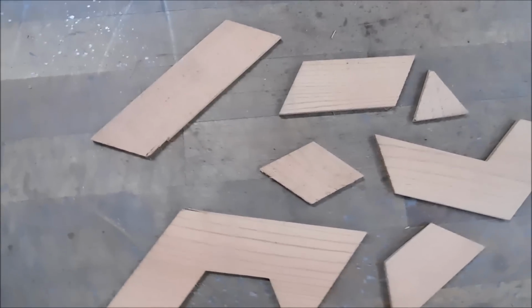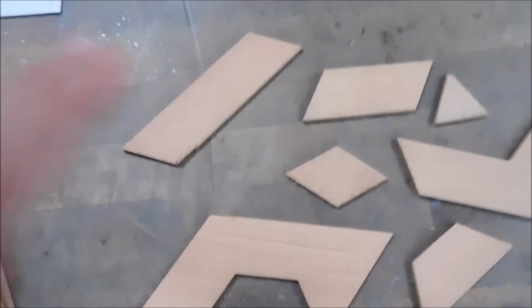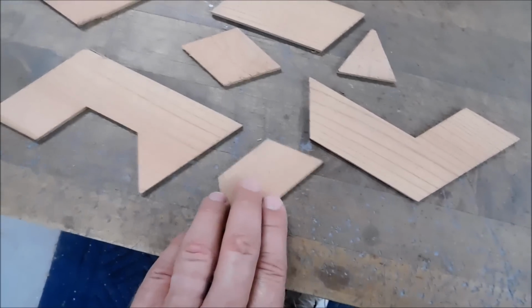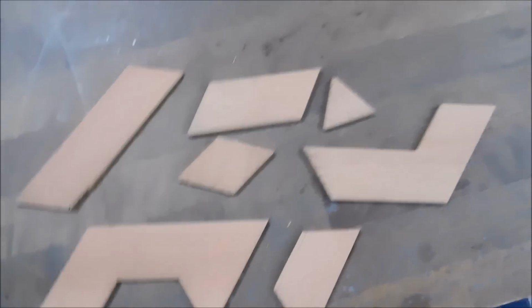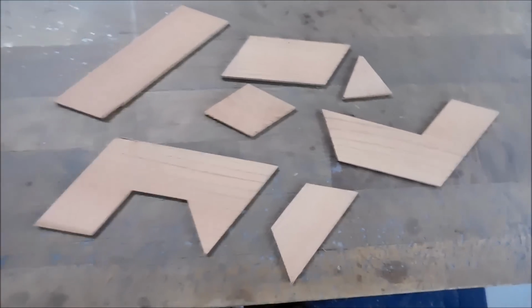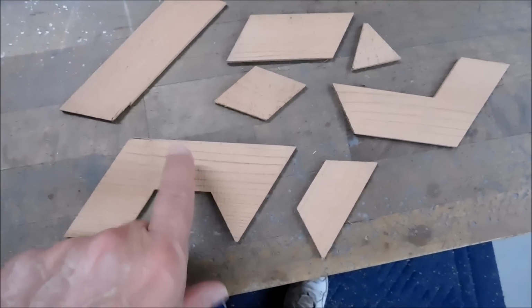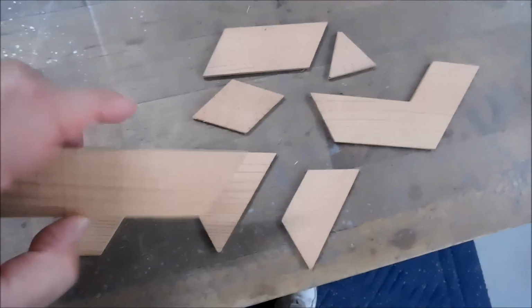Alright, we're off the CNC, and I ended up with 7 of each of these pieces right here. Now that is not how the multiples work out in the final assembly. We're going to need 63 total pieces. So on the parts that did not come out evenly in the multiples that were created, I will create from the spares that are left over. For instance, I only need 3 of these guys right here. And as you can see, I can get one of